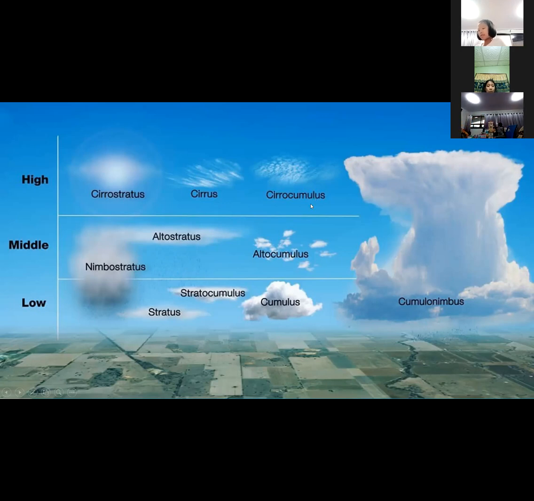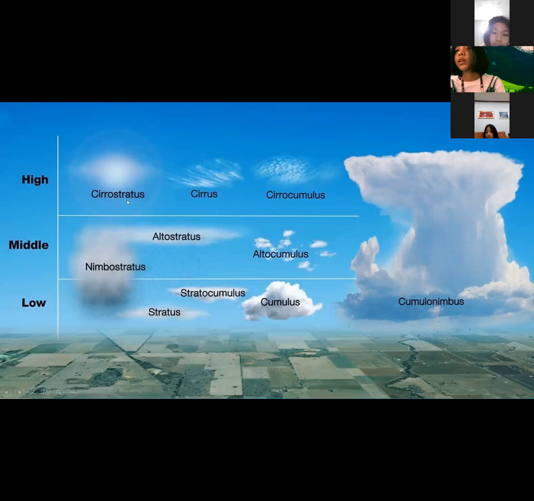Are you following my arrow? In the middle level, we have the altostratus and altocumulus. And for the low level, we have the nimbostratus, stratus, stratocumulus, cumulus, and cumulonimbus.